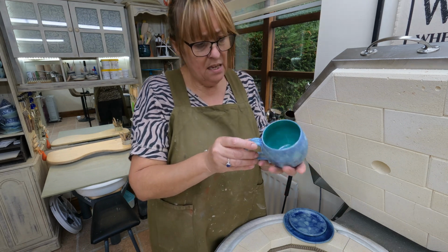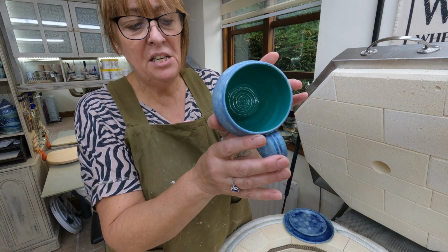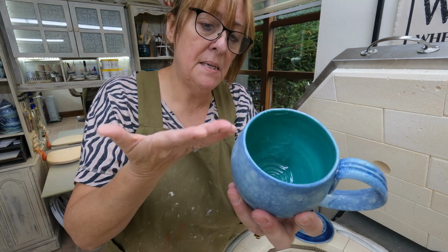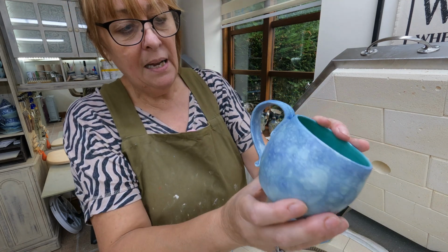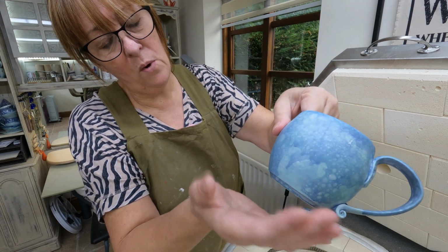Oh, feels weird. Oh, I don't like the top there. Okay, so I did a mug here and I put jade on the inside. I like that, that looks nice, but I don't know if you can see here, the top here, it's crawled a bit. But because this is a bisque, I'm guessing I can go back over that with some jade. The bubble glaze on the outside, it's not too bad. I know the colours will be different when they actually